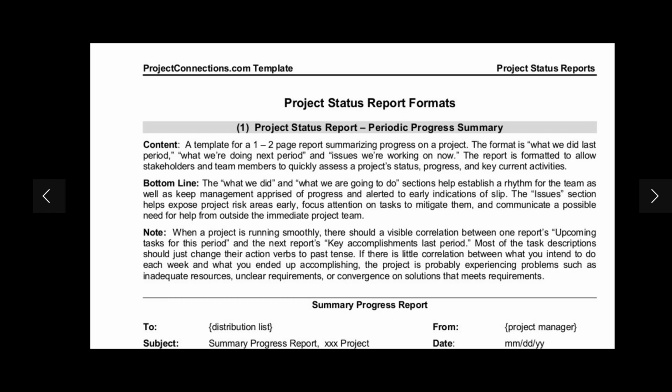Now let's get towards the report formats. First is the periodic progress summary, a template for a 1 to 2 page report summarizing progress on a project. The format is what we did last period, what we are doing next period, and issues we are working on now. The report is formatted to allow stakeholders and team members to quickly assess a project's status, progress, and key